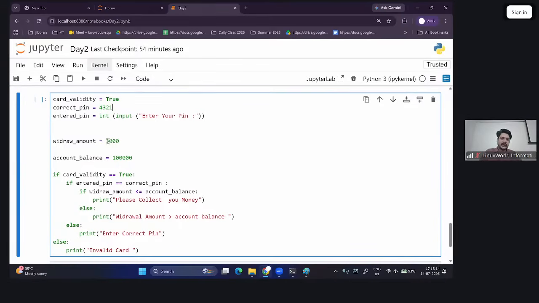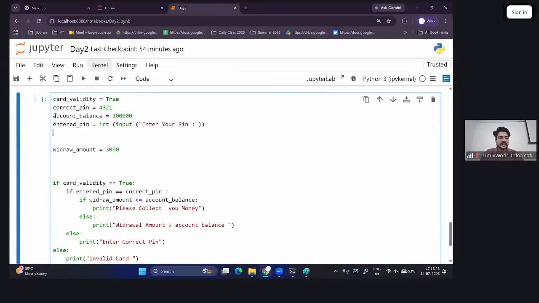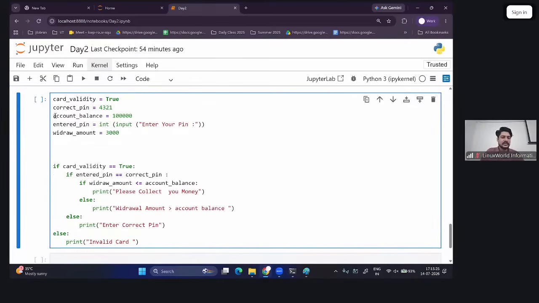So withdrawal amount, I will store it. Again, account balance will be coming up from the server. So I'm hard coding the account balance also here. So account balance को हम ऐसे ही रहने देते हैं because again it will be coming up from the server. So enter pin as integer. I am entering the input, and in this I am telling enter your